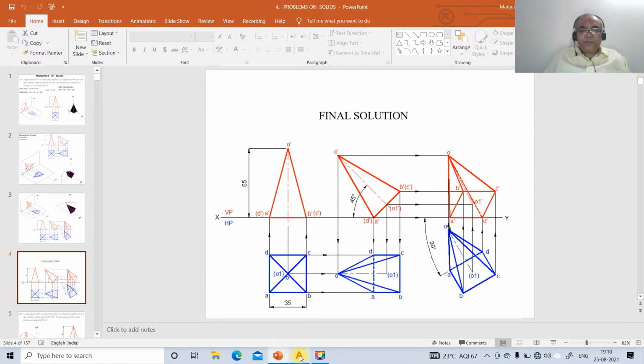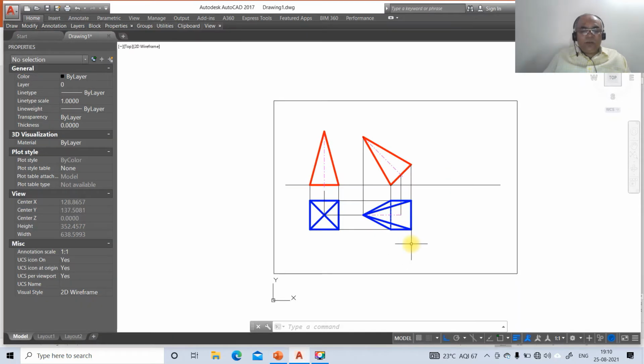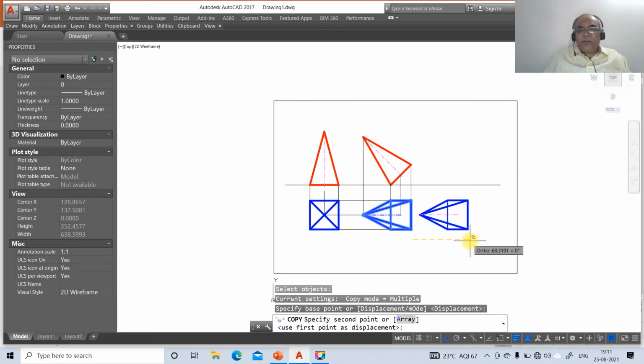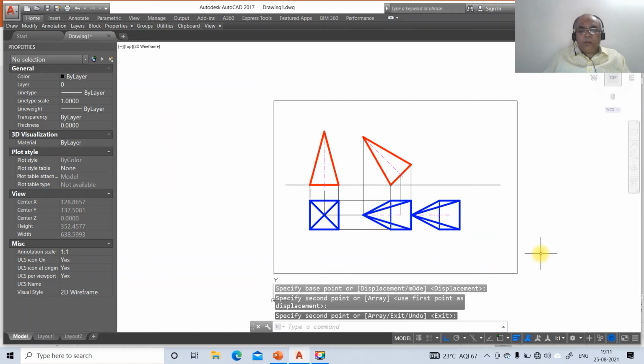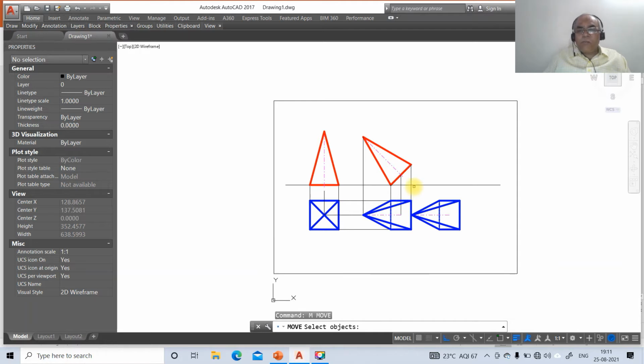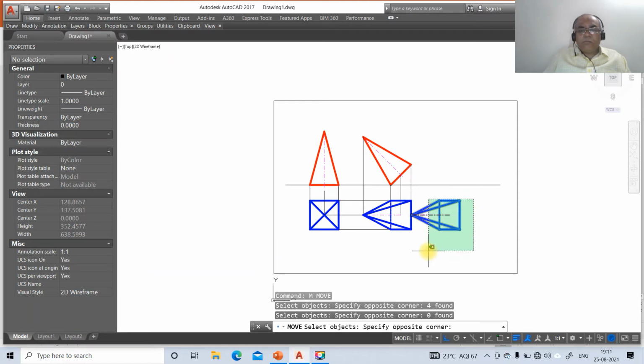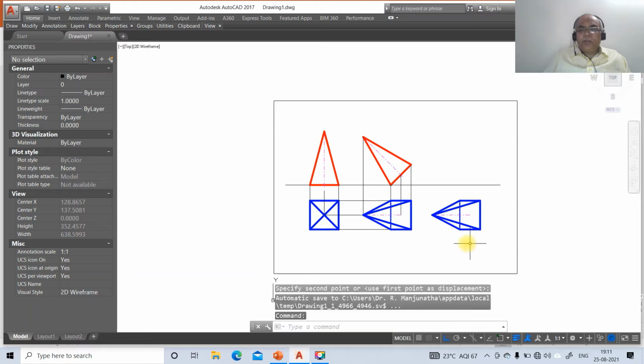So to do that, go to the entire thing, you copy this and copy to the next position. Then go to move, move this to the next position.